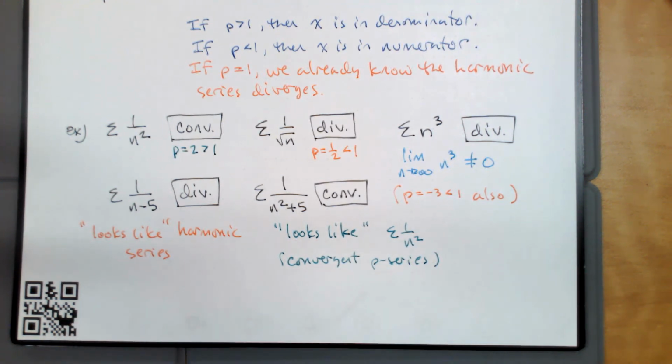In both these cases, we would be correct. The first one diverges, it's like a 1 over n. The second one converges, because it looks like a 1 over n squared. Neither one is a p series, but we are comparing them to a p series. And we're doing that because with p series, it's really easy to determine if it converges or diverges. So what if I have a series